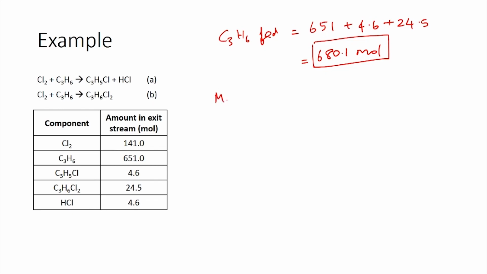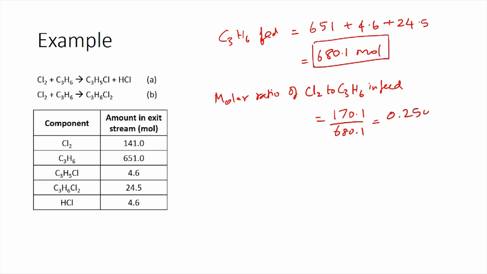So the molar ratio of chlorine to C3H6 in the feed is actually 170.1 divided by 680.1, giving you a value of 0.2501, whereas the stoichiometric requirement is